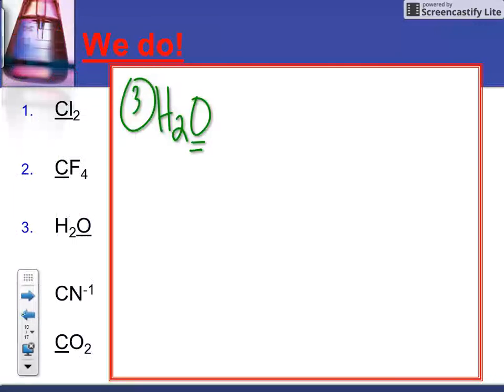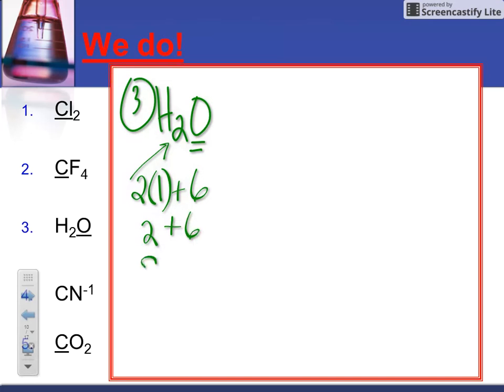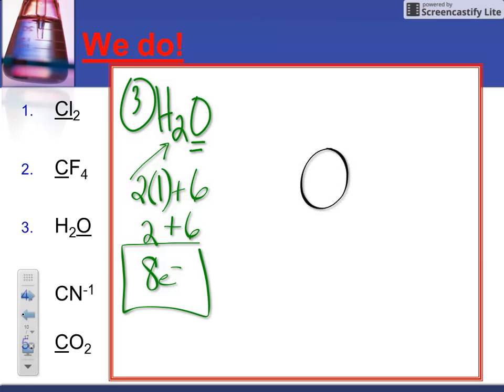Let's go back. So there's 2 hydrogens here, so I got to say 2 times 1 apiece. Plus, there's only 1 oxygen there, and that oxygen has 6 valence electrons. That gives me 2 plus 6, which gives me 8 total electrons. Put your central atom down first. Here is oxygen. Connect your hydrogens to him. H-H. Connect everything with a single bond. I've used 2,